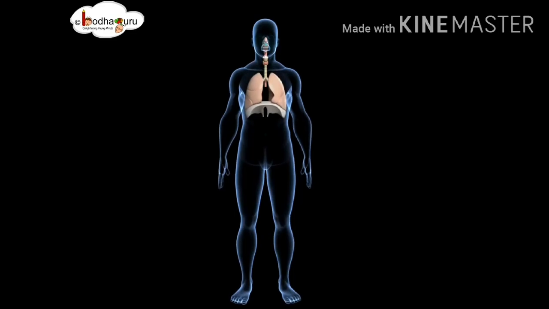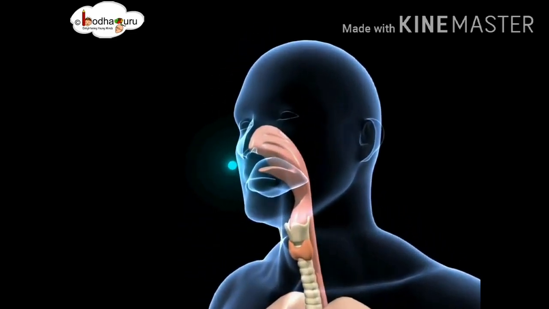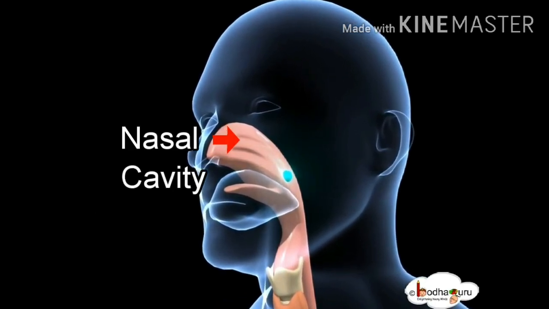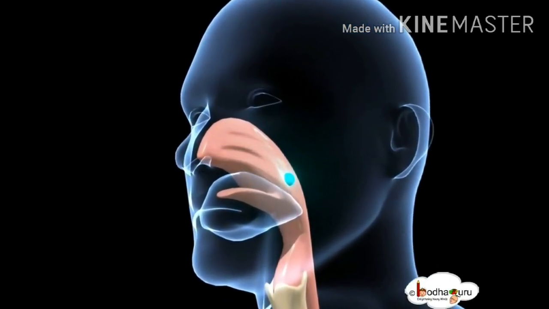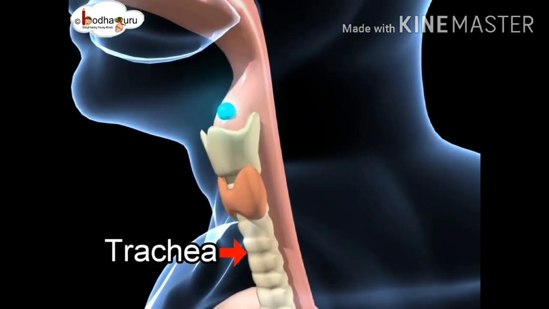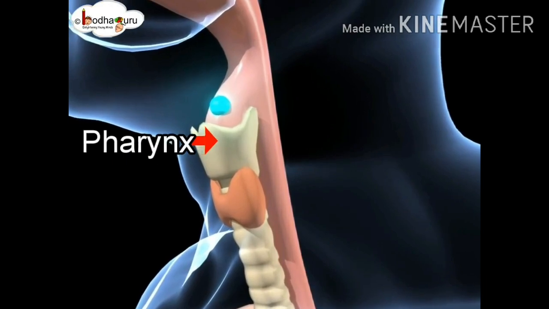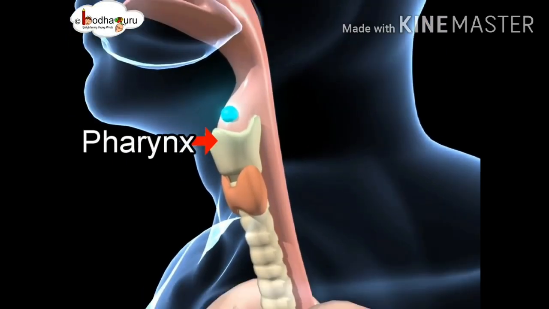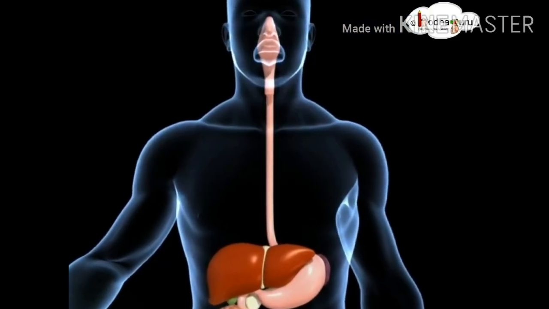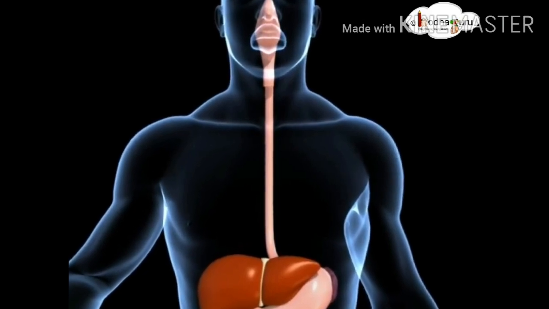We take in air, or inhale, through the nose or mouth. Breathing through the nose is better, as mucus and hairs in the nasal cavity can filter out lots of dirt from the air. Then the air enters the trachea or windpipe through the pharynx or throat. This pharynx has one more opening which leads to the food pipe. Whenever air enters it, the stomach sends it back as a burp.